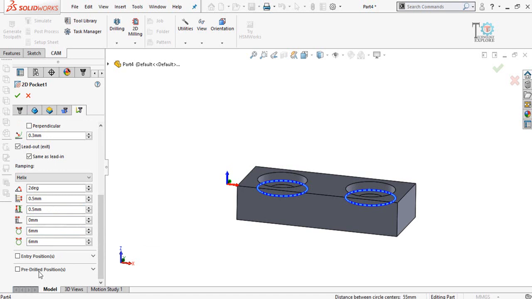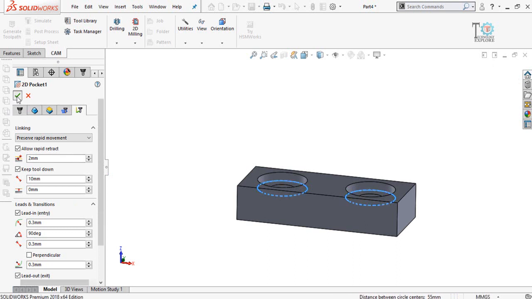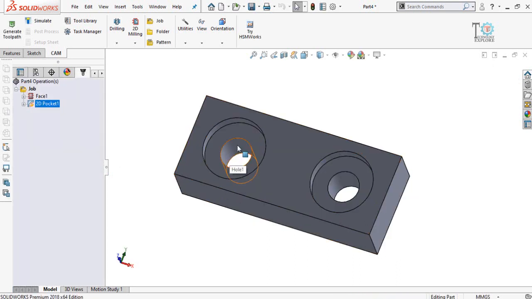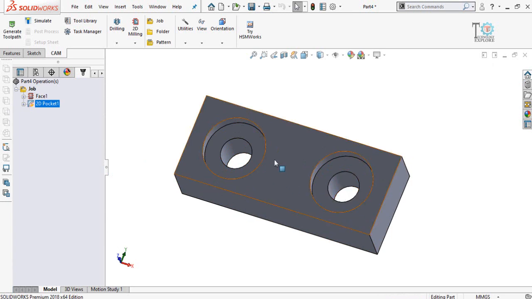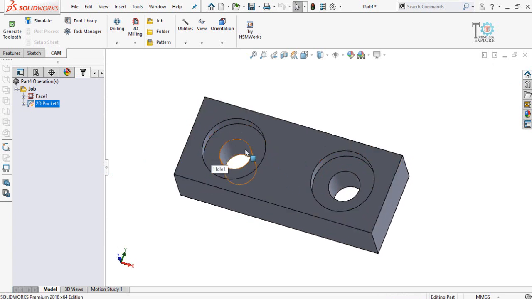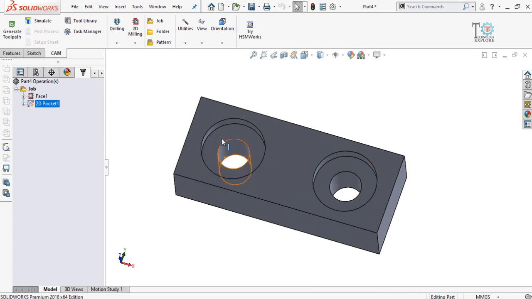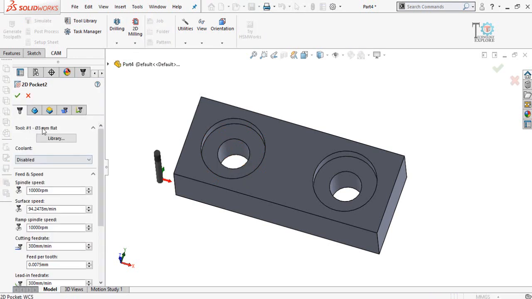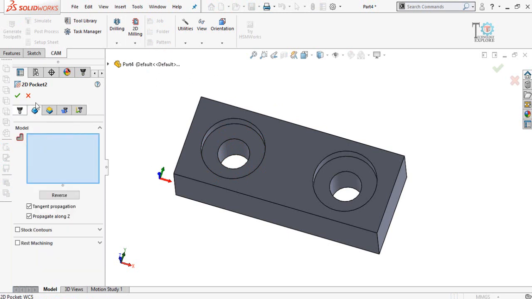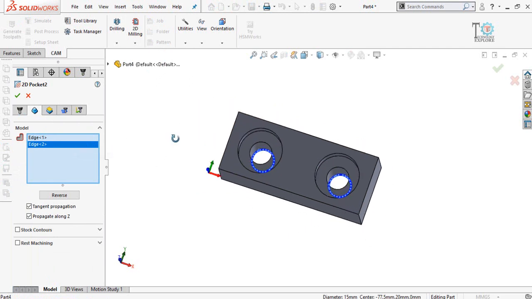Then we don't have entry positions, and also we don't have pre-drilled positions. Now simply press the OK button. So the next operation is that we have to create this hole and this hole. If you have the exact diameter drill, you can use the drill operation. But if you want to do this operation with the same tool, I mean the 3 mm flat mill, you can use again 2D pocket. So the tool is defined, then hide the geometry, select this circle and this circle, and then